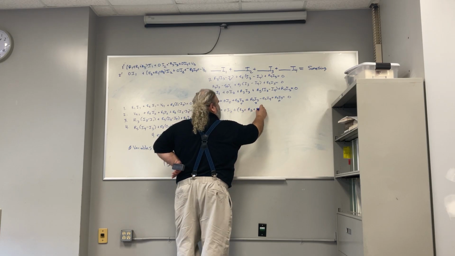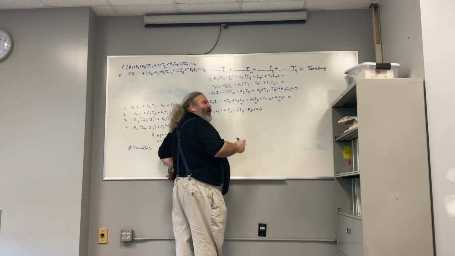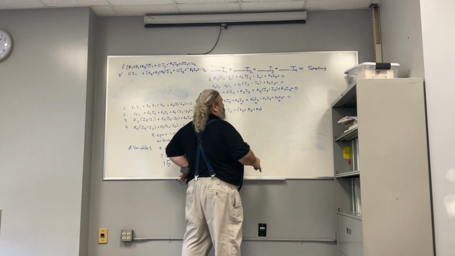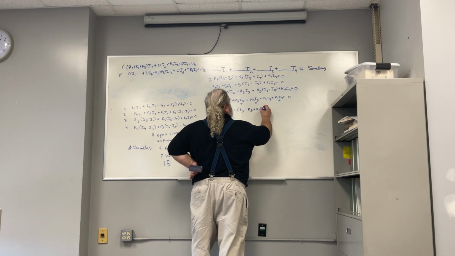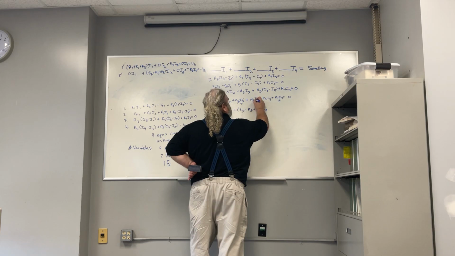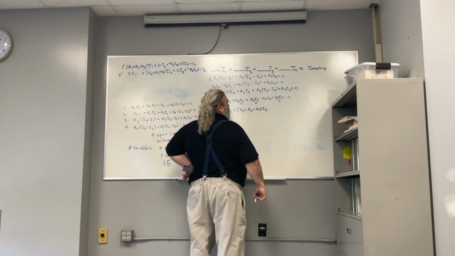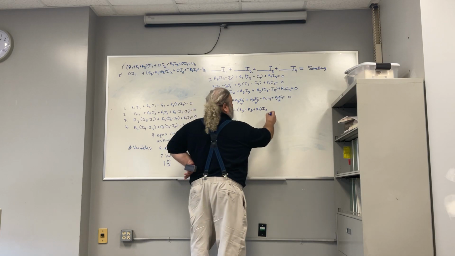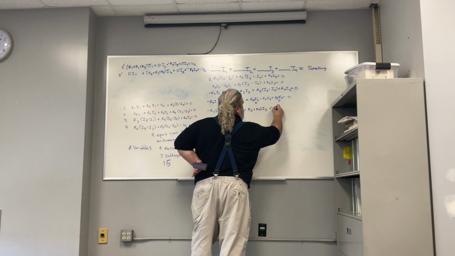Guys, don't make life hard on yourself. Oh, I've got to have them in order. Who cares? Just make sure the things are there, right? Okay. And then this is multiplied by what? This is I3, right? Okay. And then what am I left with? Negative R5 I4. I'm going to put that as a plus minus, but you don't have to, and that equals